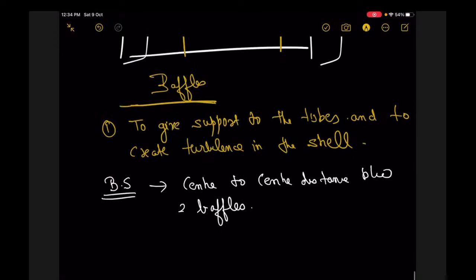ओके, तो अगर हम बैफल स्पेसिंग कम कर देते हैं, मतलब बैफल बहुत पास पास लगे, तो हमारी वेलोसिटी बढ़ जाएगी। वेलोसिटी बढ़ गई तो टर्बुलेंस बढ़ जाएगा, टर्बुलेंस बढ़ गया तो यू बढ़ जाएगा। लेकिन सेम टाइम प्रेशर ड्रॉप बढ़ जाएगा। प्रेशर ड्रॉप बढ़ गया तो पंपिंग कॉस्ट भी हमारी क्या हो जाएगी? बढ़ जाएगी।